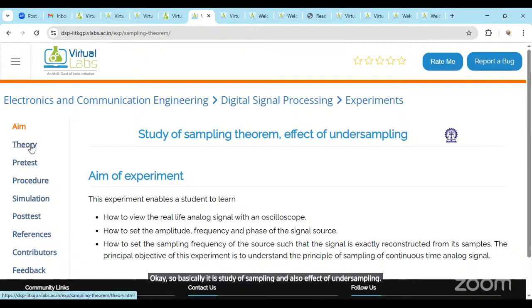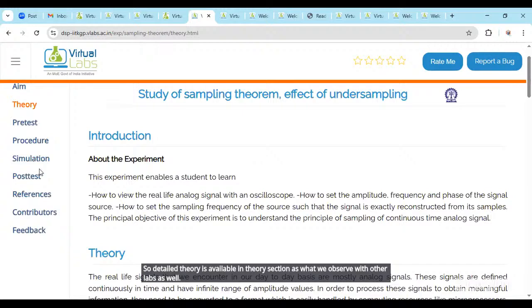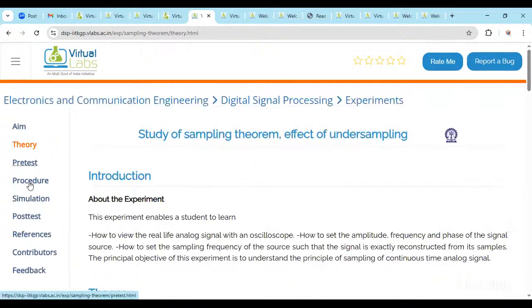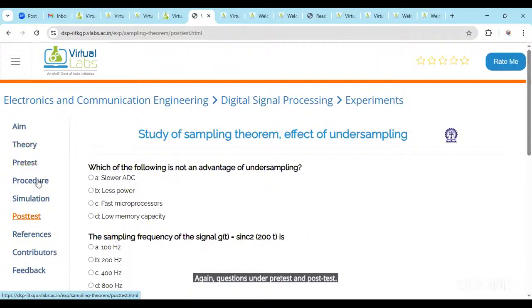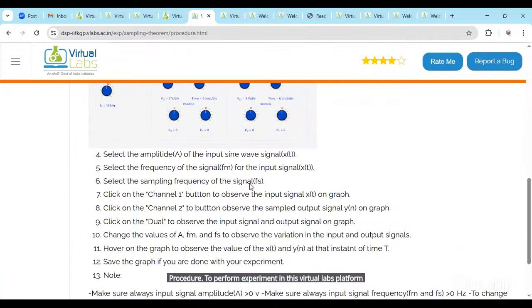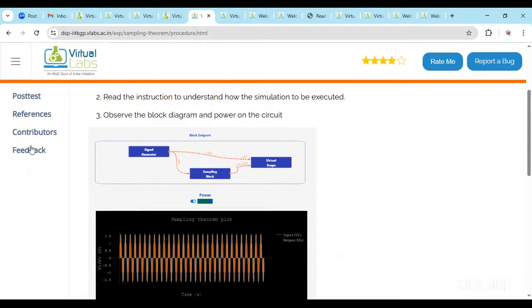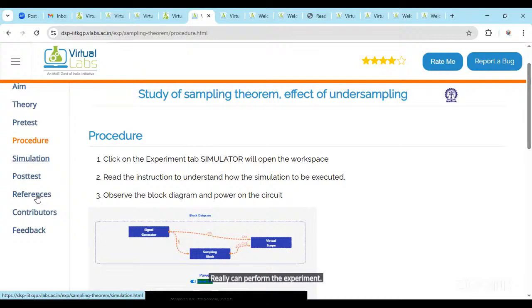So detailed theory is available in theory section as what we observed with the other labs as well. Again, questions under pre-test and post-test. Procedure to perform experiment in this virtual labs platform. Okay. Then we have simulation where we can perform the experiment, reference links, contributors list,